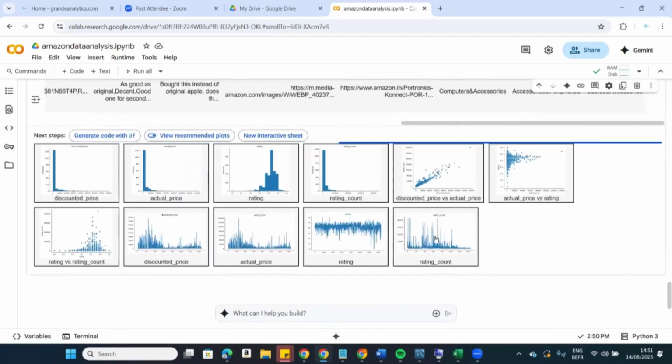So I actually mistakenly clicked on view recommended plots, and you can see here, it's giving some really nice plots. Anyway, this is part of it. So you can also work with something like this to make your own project dynamic. Remember, this is the template, so you can make of it whatever you want. You see, it's already giving us some suggestions: rating versus rating count, discounted_price, actual_price, rating. So there's a lot to work with here, but we are going